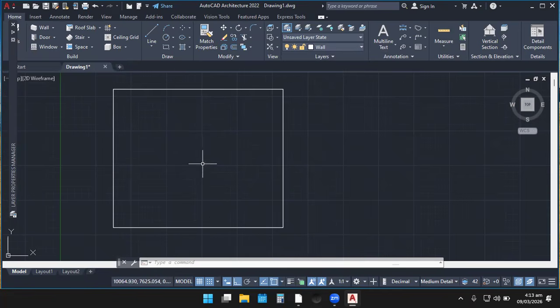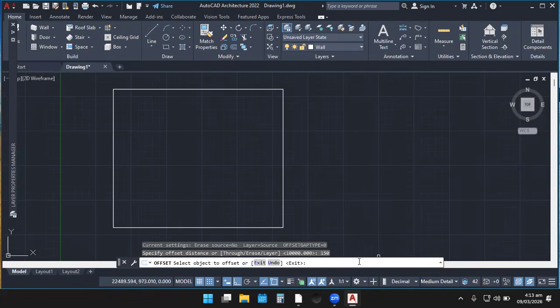So I'm going to pick the same offset again. You see, the offset is like your Visa card. If you have that Visa card, you can travel to a lot of places. But if you don't have a Visa card, you have a lot of work to do. You see the way the thing is. So after selecting the offset, it says we should specify the offset distance. Anytime you select offset, remember that you specify the distance before doing anything. So I just click over here and specify the distance, 150. Enter. That is the thickness of the wall.